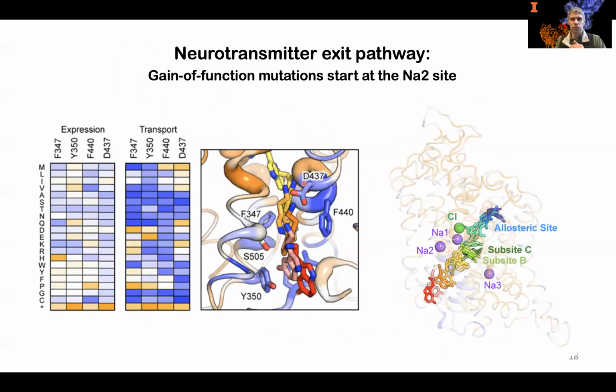This is showing it close up. Blue means that a mutation is a gain of function for APP+ transport. We get all of these blue mutations in the exit pathway. So in this region of the transporter, where again, they're trying to favor, through increasing hydrophilicity, the opening of the inwards facing cavity to enable substrate release into the cytoplasm.